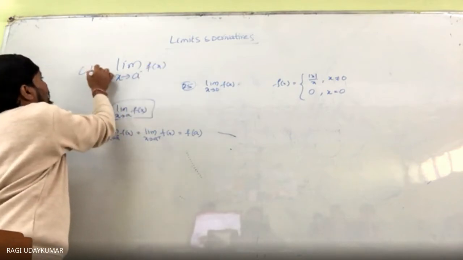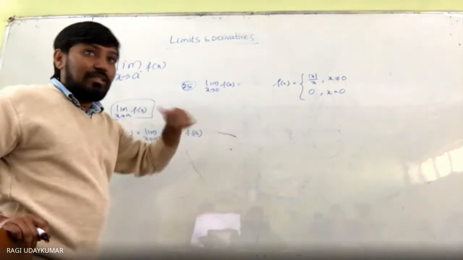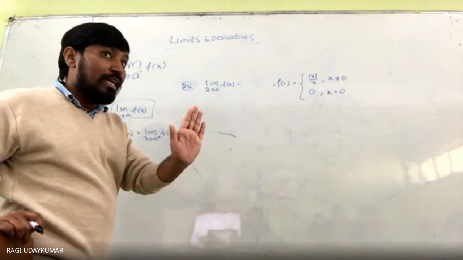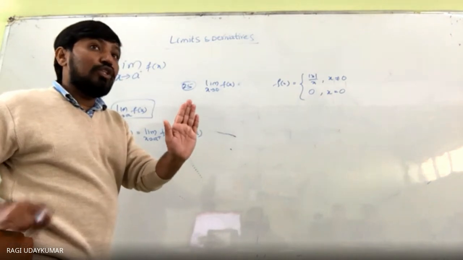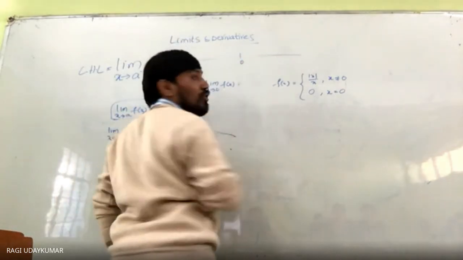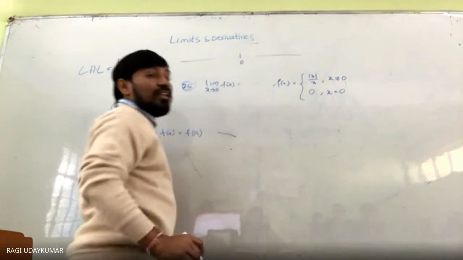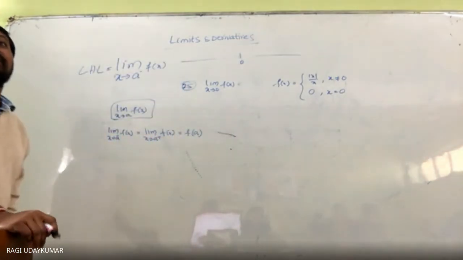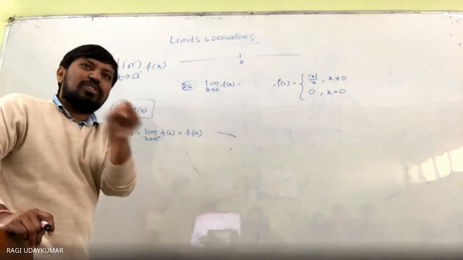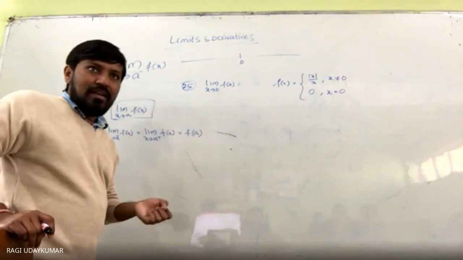Limit x tends to a minus of f of x is what is called the left hand limit. Till now, in the first example, whenever you take values near 0, I have taken the value 0.000001. On the number line, that value is on the right side. The left side value whenever you take into consideration is nothing but minus 0.000001, which is near a but on the left side.